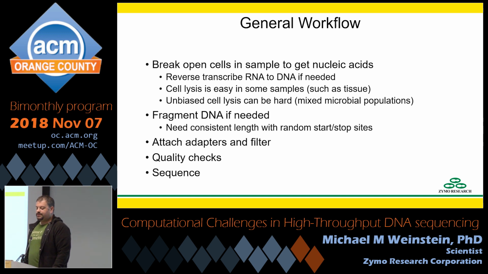So once you get your DNA, you're typically going to want to fragment it a little bit. That's going to depend very heavily on your sequencing method, but typically sequencing methods will have a limit to how far out they can reach. So for example, with Illumina, you're typically going to want to sequence fragments somewhere in the few hundred base range. You're going to attach adapters, and an adapter is essentially a dongle for random fragments of DNA. It's the thing that mediates the connection between the squishy stuff in the form of DNA and the hardware in the form of your DNA sequencer.